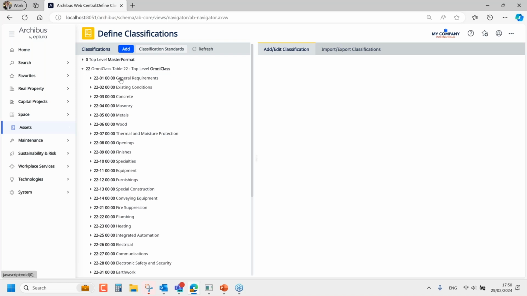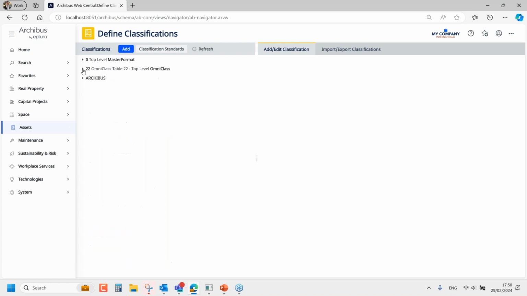These can be imported directly into Archibus to set up and report on assets versus these standards. And the nice thing in Archibus is you can actually assign each asset to 4 different classifications if you want. So you can use all of these as ways to classify your equipment. And what I always kind of let people know is, one of the things you can do is create your